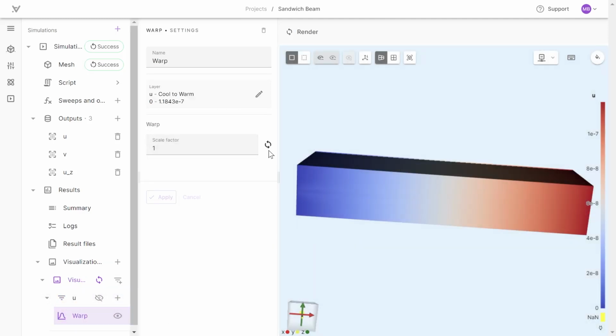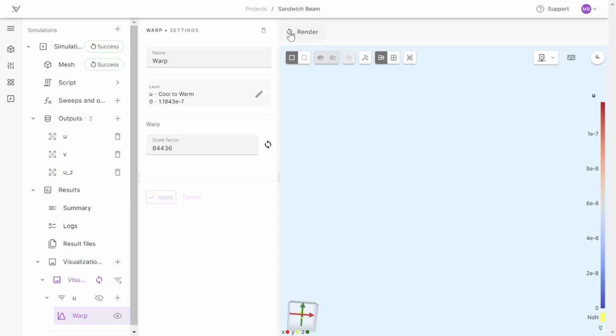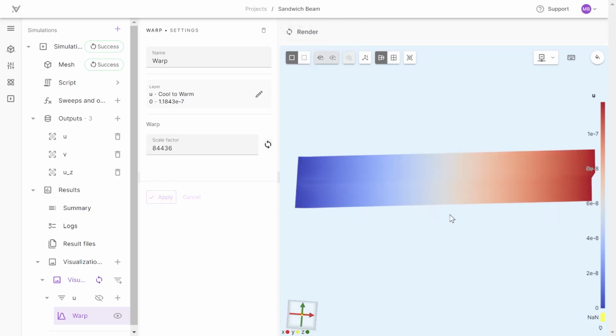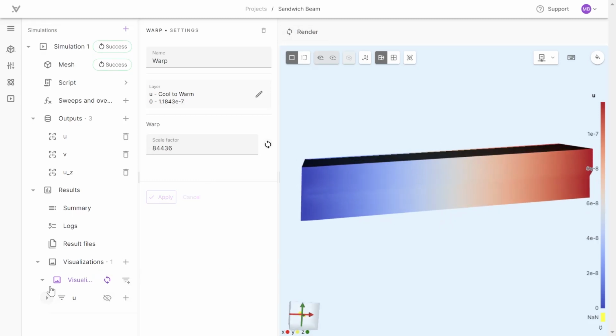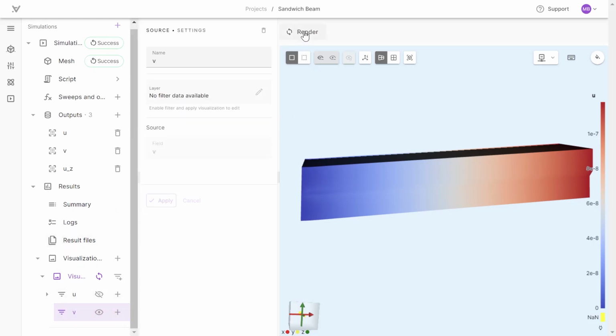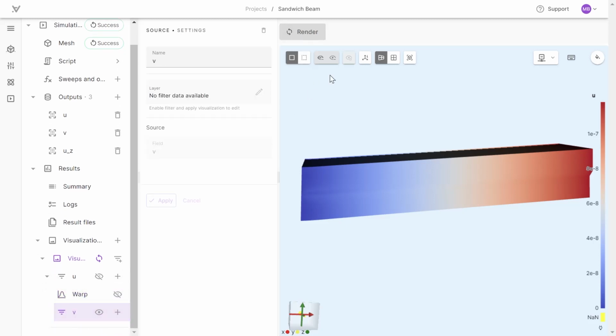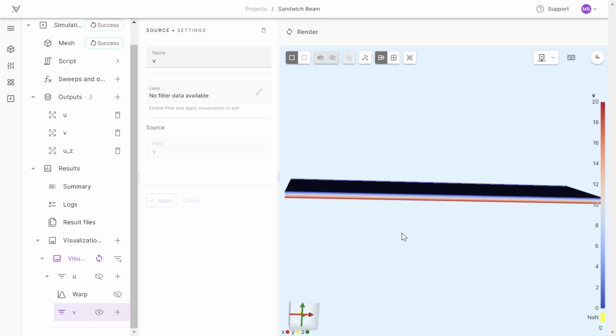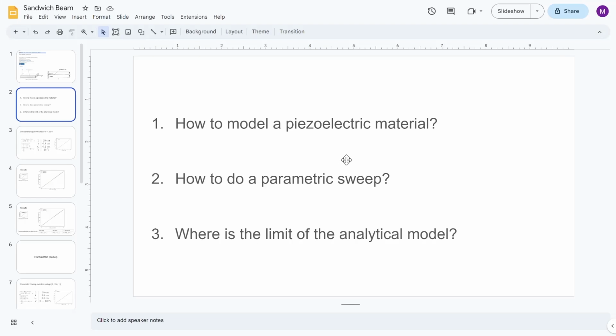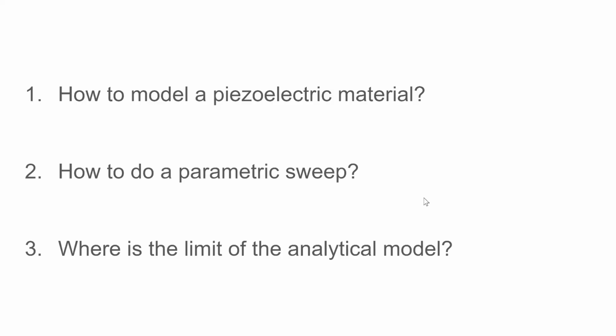And if we apply or fit the scale factor, we can see that our beam has been bent upwards. We can also visualize the electric potential field, and see that there's just a smooth gradient from 20 to 0 in the piezoelectric material. If we now plot the saved values and compare them to the ones we get from the paper,